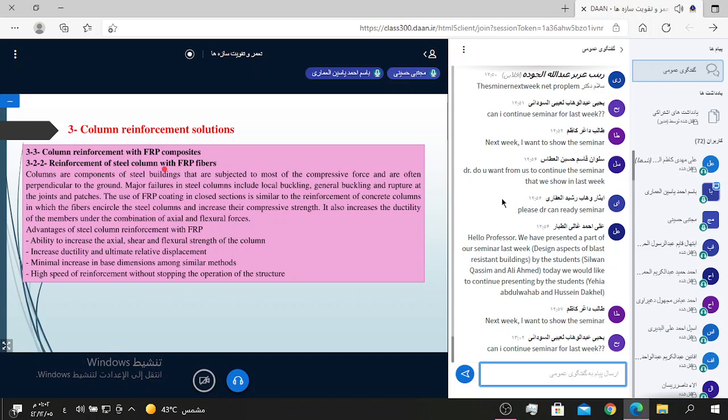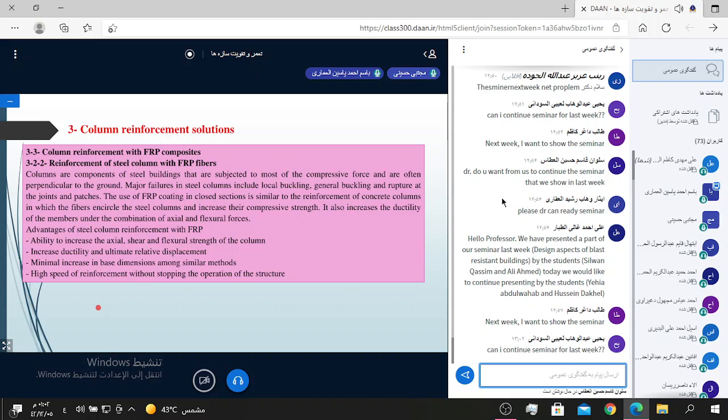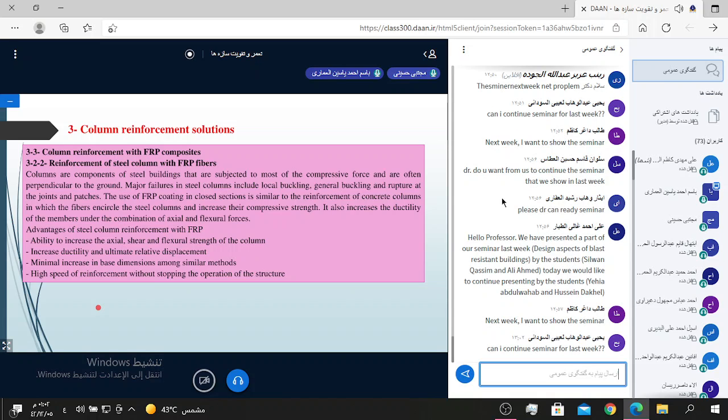Reinforcement of steel column with FRP. Major failures in steel columns include local buckling, general buckling, and failure at the joint. The use of FRP coating in a closed section is similar to the reinforcement of concrete